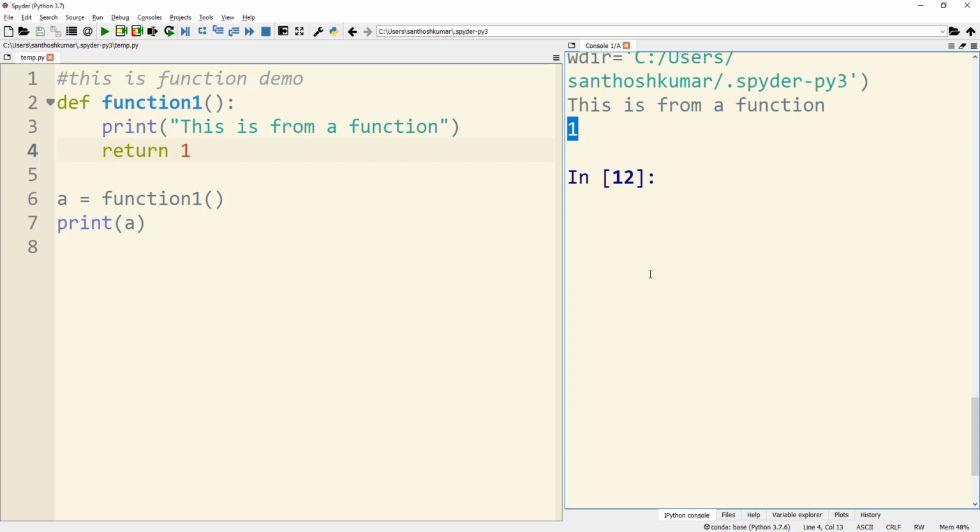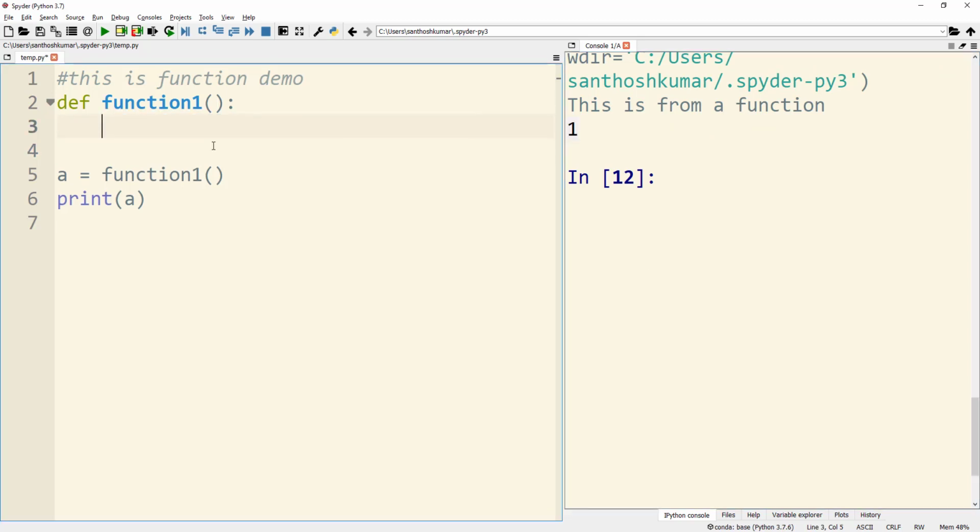Now let's see one more example of how to pass arguments to a function. Here I am writing a simple function called add, and I am passing two arguments, a comma b. The function adds both the numbers, stores the result into the variable result, and returns the result back to the calling point.